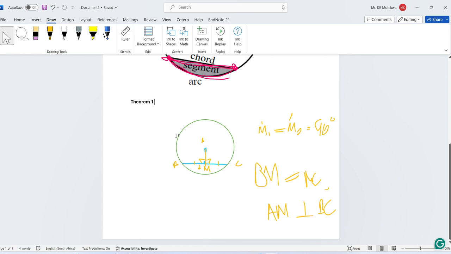And then we're going to go to theorem number 3, which states that the angle at the center is two times the angle at the circumference, or rather, the angle subtended by the arc at the circumference equals